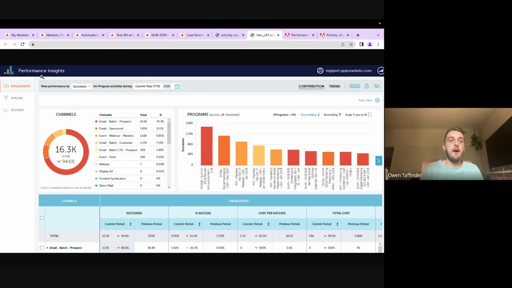a look at pipeline and revenue contribution, where we just look at all of the channels that we're running from Marketo or managing, and all of the programs that make up each of those channels. And we can see whether any of them actually led to an opportunity or a closed one deal. And we don't have to get into really complicated or detailed attribution modeling, although that is something that we do with some clients. But even